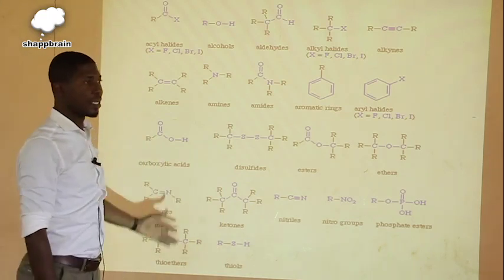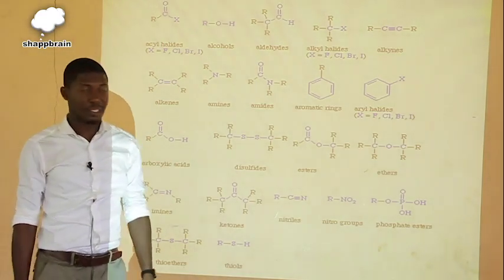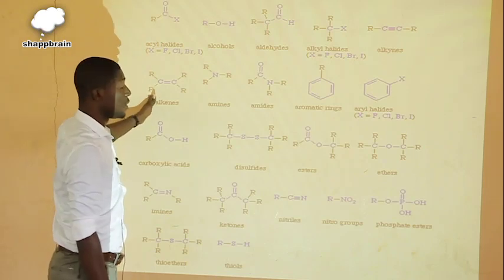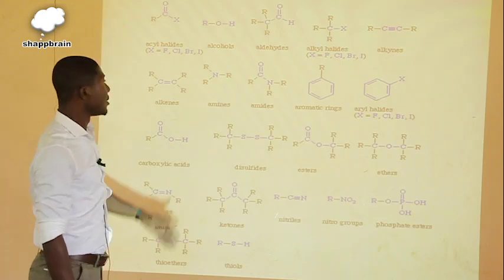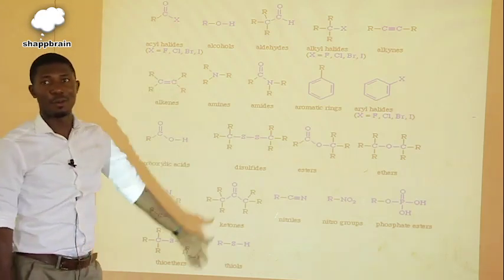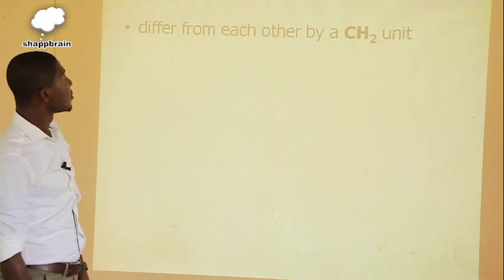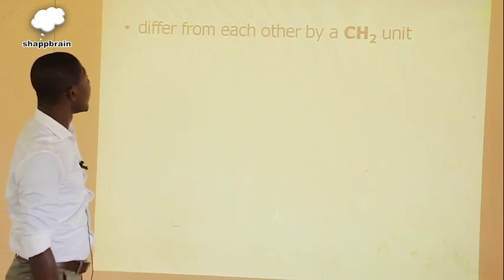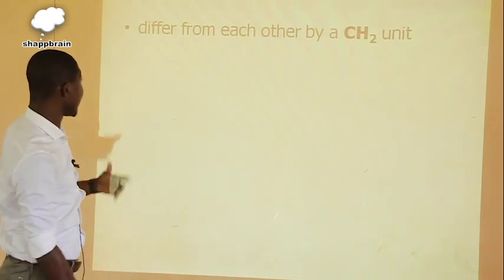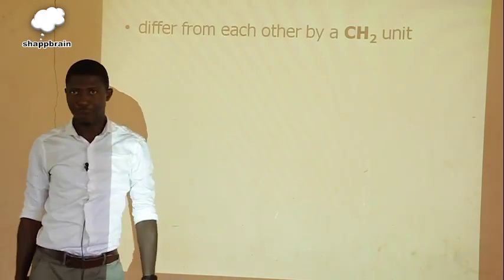So these are all forming homologous series. If you take every group, if you take alkenes, they form homologous series. If you take alkynes, they form. If you take carboxylic acid, they form. If you take aldehyde, if you take alcohol, they all form homologous series. And so we continued with the homologous series. I indicated earlier that neighboring members differ from each other by CH2 unit, or that is the fixed